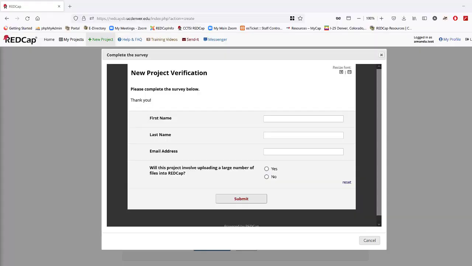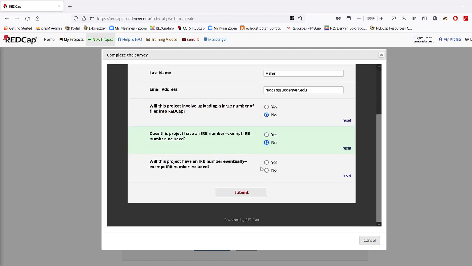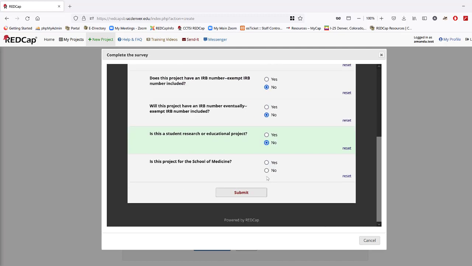If you're on the CCTSI REDCap, the University REDCap, you'll see a quick survey that you fill out after you hit the Create Project button. It'll ask for your name, your email, and then it'll ask you a few questions about the project you're creating to make sure that it's a valid use of REDCap. Most projects will be research that will have an IRB number now, or at least in the future. It is possible, though, that you can go down all the way through the list,